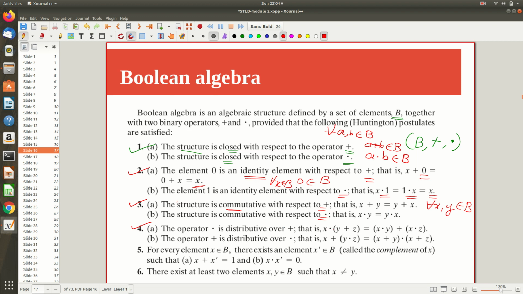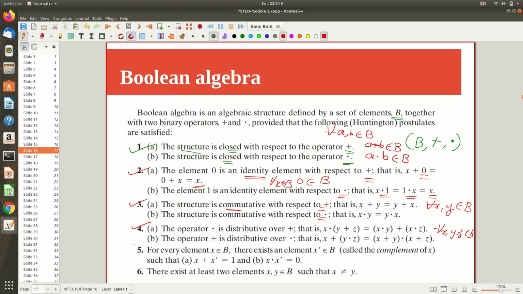You know that dot is distributive over plus means that for all x, y, z that belong to this capital B, if I am performing x dot (y plus z), I can distribute it like x dot y plus x dot z. Similarly x plus (y dot z), I can distribute like (x plus y) dot (x plus z). But if you take normal multiplication and addition on the set of all real numbers, as I already told you, check it: one of these requirements is true and the other is false. You can cross check it. But here it is not like that. We need both of them to be satisfied. So that is the thing.